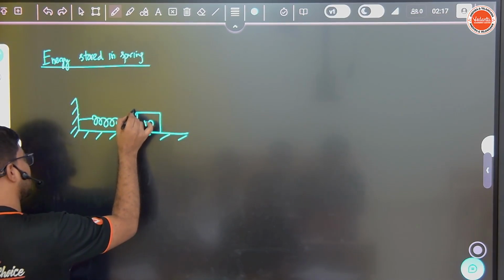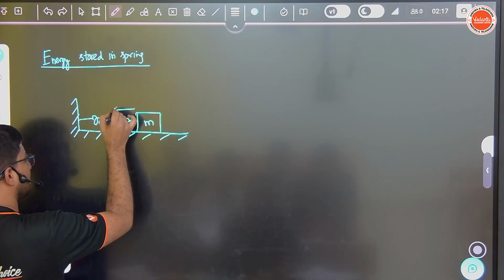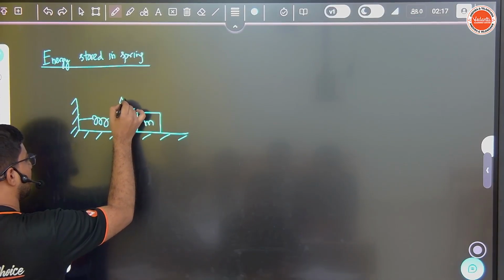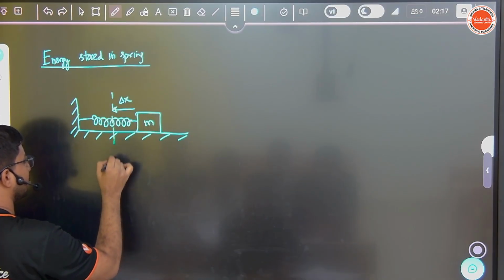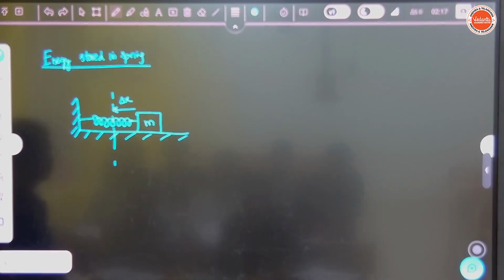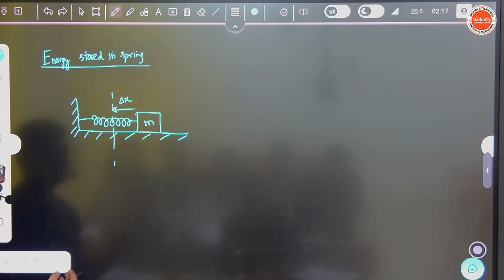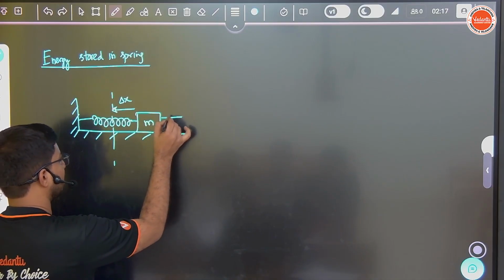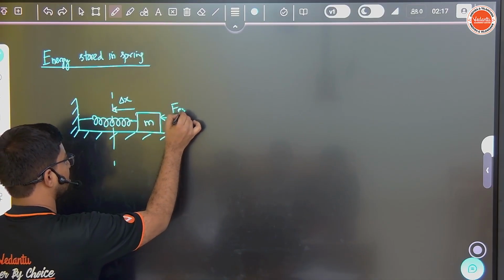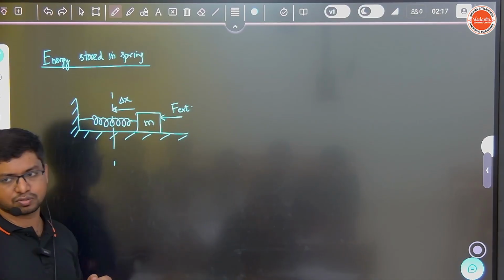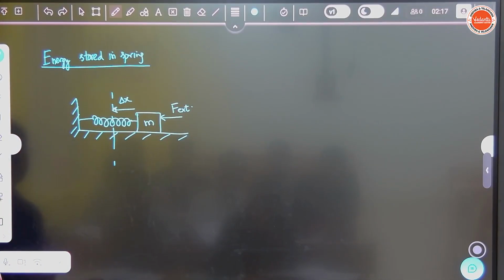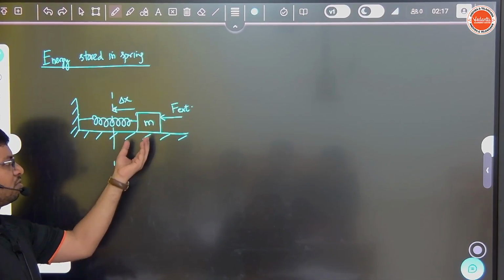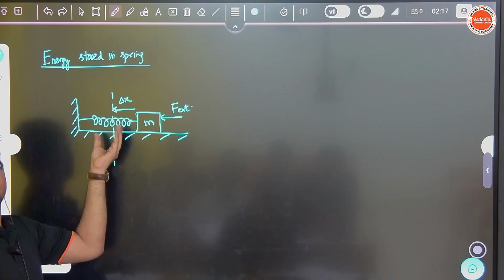Let us say I displace this slowly and give a compression of delta x to the spring over here, right? So which means if I have to displace this, I have to apply some external force on this one. Correct or not? Right? Assume that while this is slowly displaced over here,